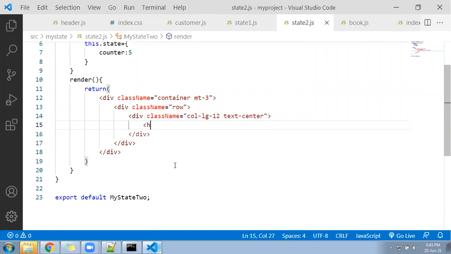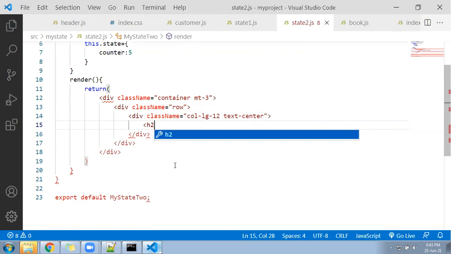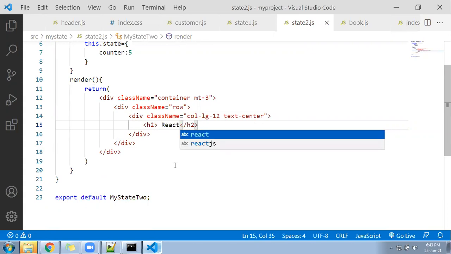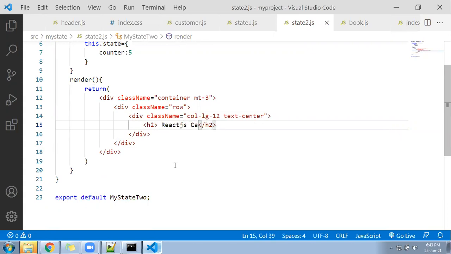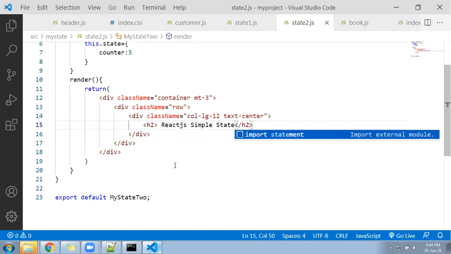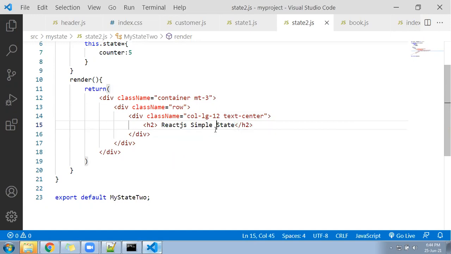Write inside an h2. We can write there: React.js simple state, simple input and output using state management.